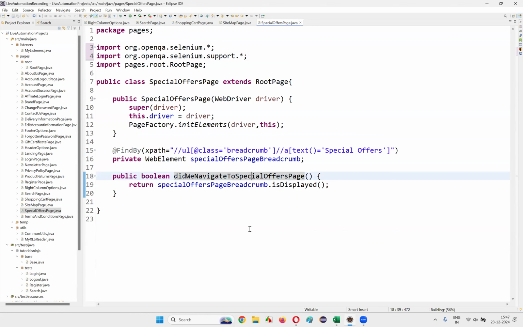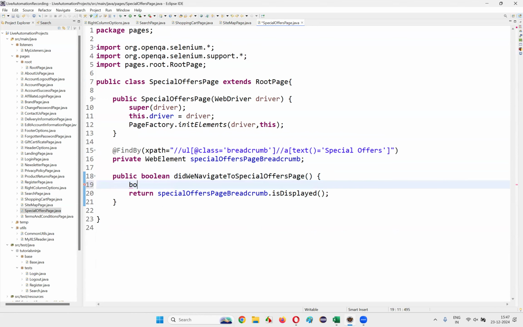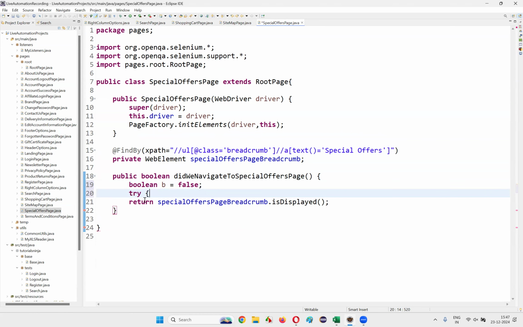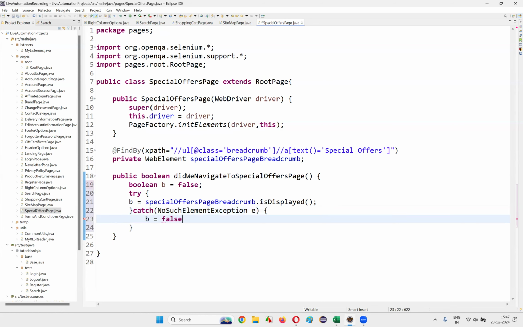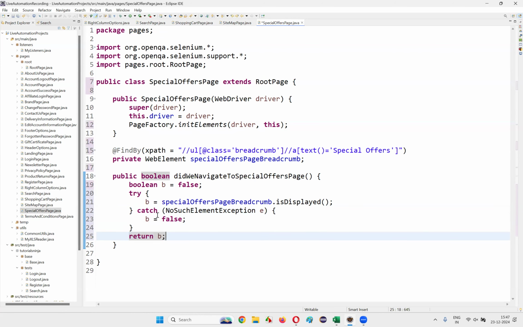Now save this and write boolean b is equal to false, try block, b is equal to, catch NoSuchElementException e. Here b is equal to false, then simply return b, put a semicolon, Control Shift F,